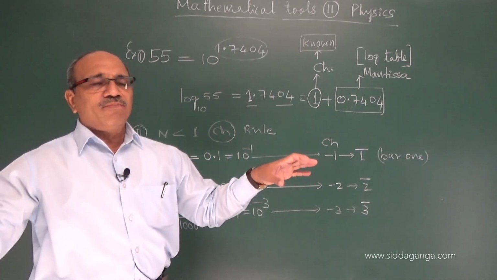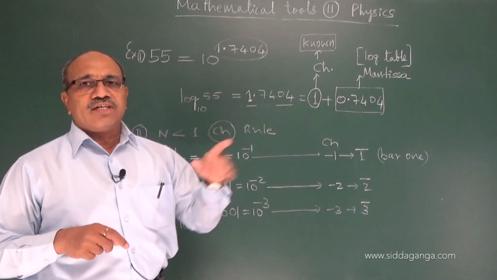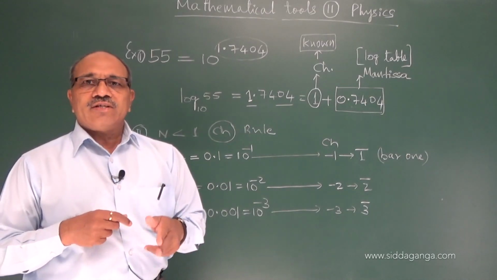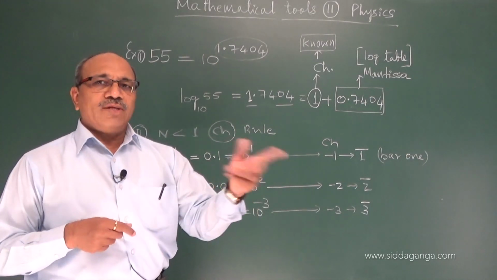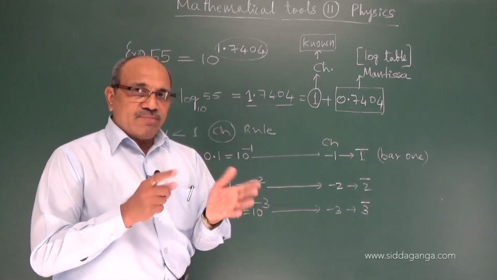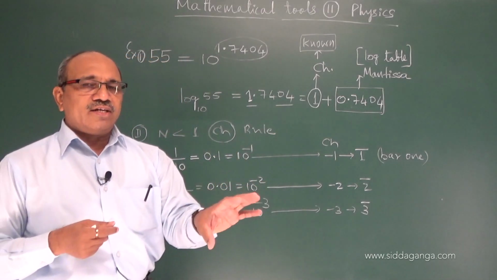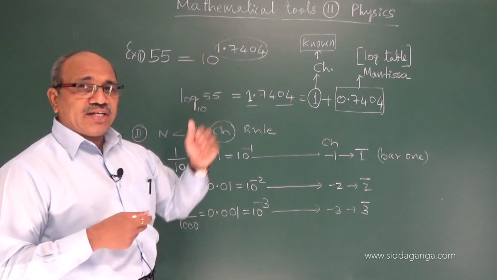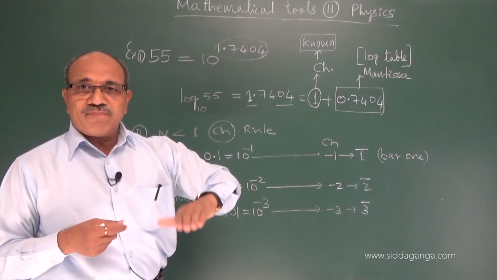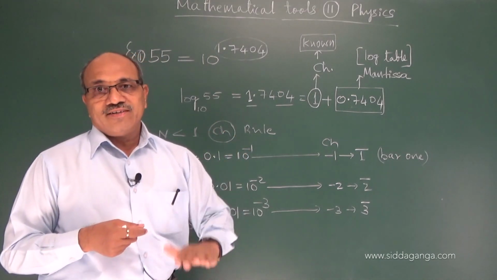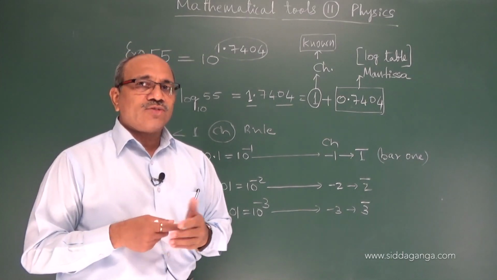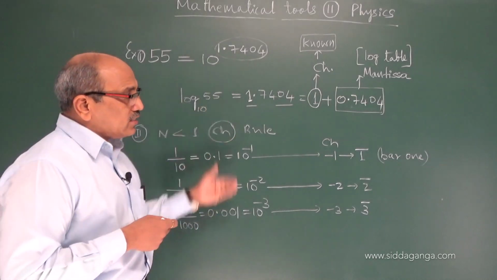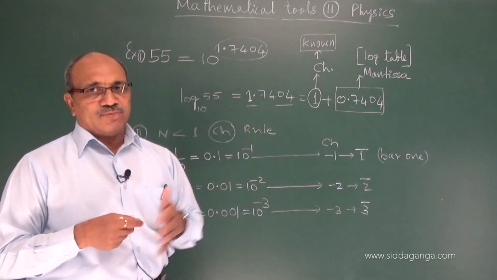Any multiplication, not only of 2 numbers, you can have any number of multiplication digits, you can multiply them by the addition rule. If it is division, use the division rule, or it may be the powers. After all simplification is over, it is not the final number in the normal decimal system. It is in the form of a power of 10. Again, it has to be converted back into the original decimal system. That is what the anti-logarithm does. I will explain the anti-logarithm rule, then we enter into the problems part.